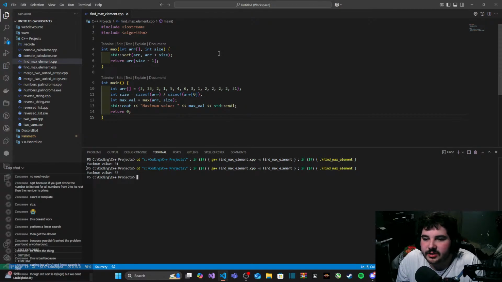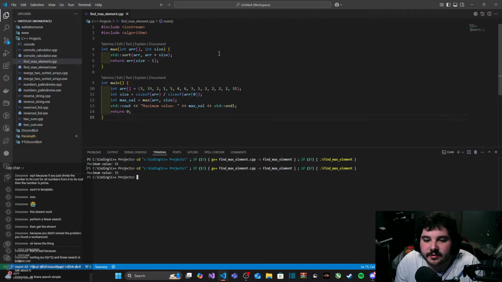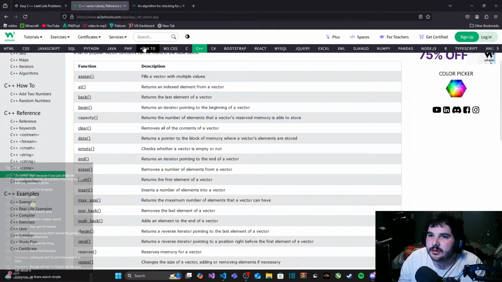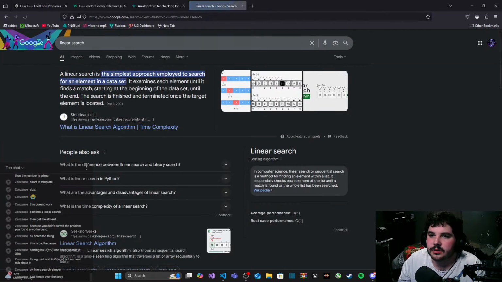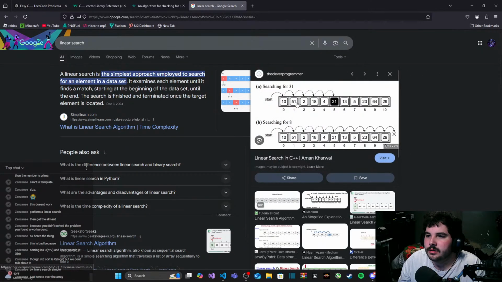Nor have we got to the various different algorithms we can use, like binary search. What else is there? All kinds of other stuff. Linear search is simple. Just iterate over the array.